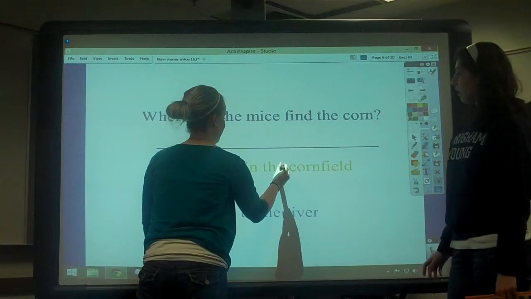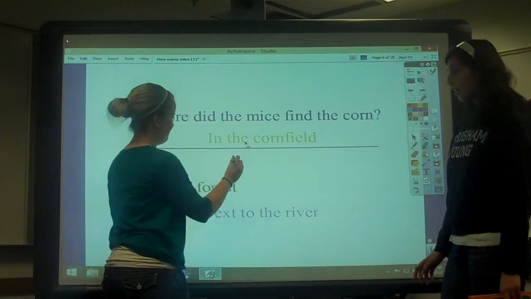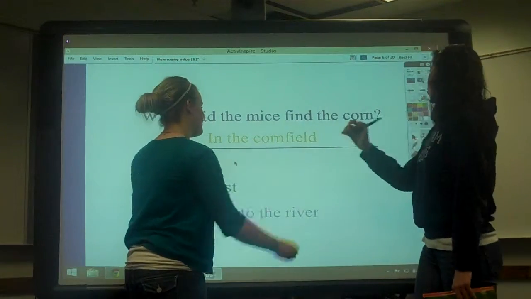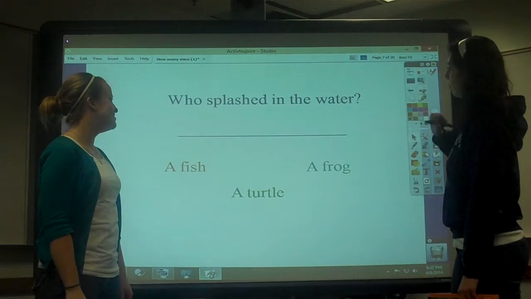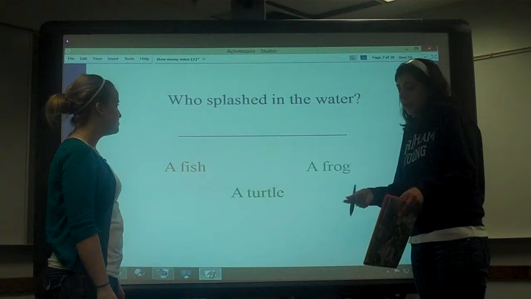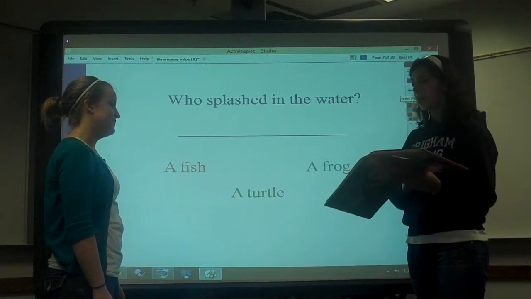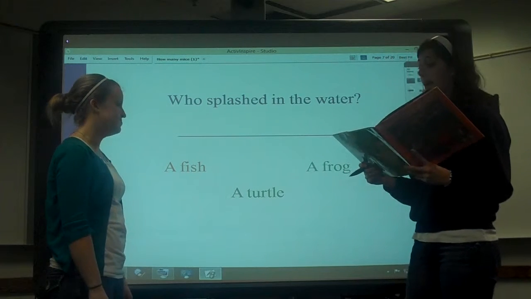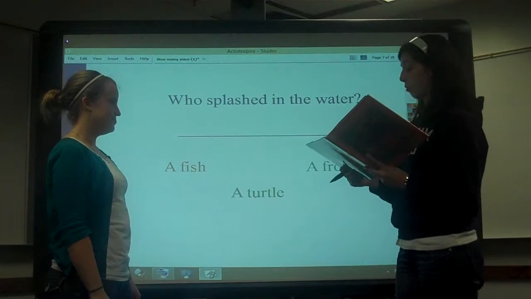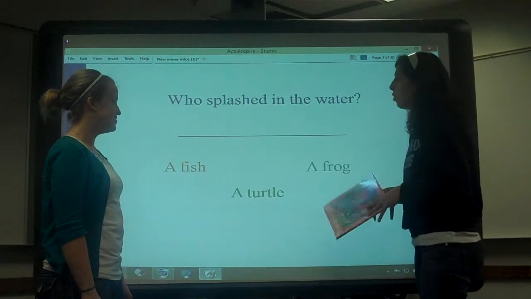The cornfield is colored in yellow because the corn is yellow. Do you like the color yellow, Kristen? Yes, I do. Good. It's a good color. It's very cheerful. Okay. Who splashed in the water? Okay, I'm going to read this page for you. On their way back home, as they were crossing a stream, a fish leaped out of the water and splash. So, who